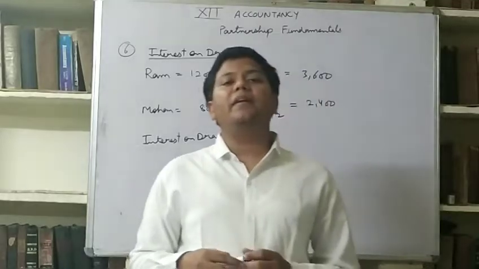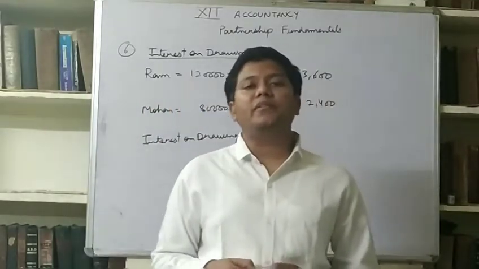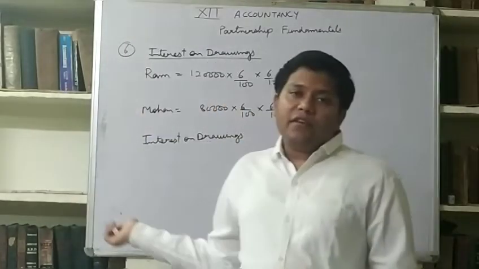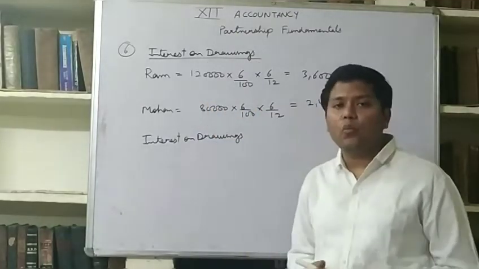Third drawing he will make in the beginning of third month. Then 10 months interest will be charged. So this will be a very lengthy process. So here is a shortcut for this which I am writing on the board, and the formula is